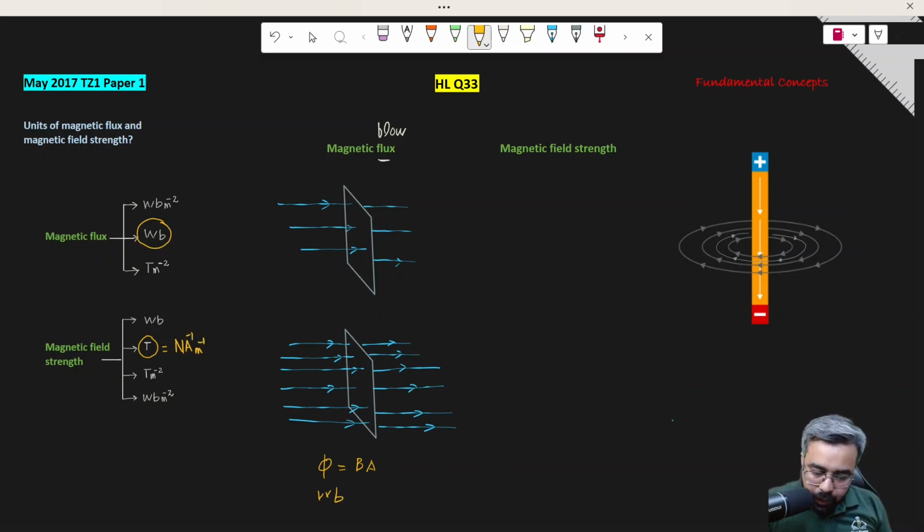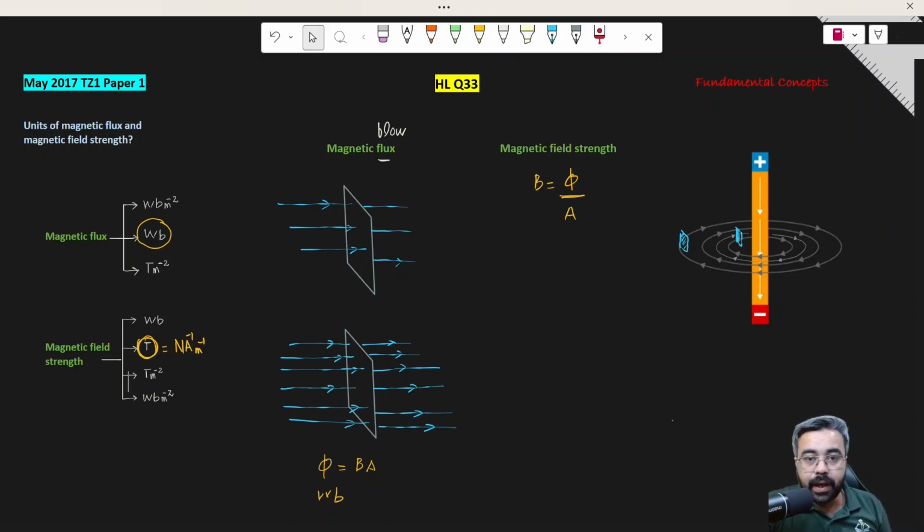But if you put the same surface in the magnetic field, you can see that when you put the surface here, more lines are passing through the surface. But when you place this surface over here, fewer lines are passing through it. That's why we also say that the field strength equals the flux crossing the surface per unit area. But remember, we identify the Tesla as the unit of field strength,